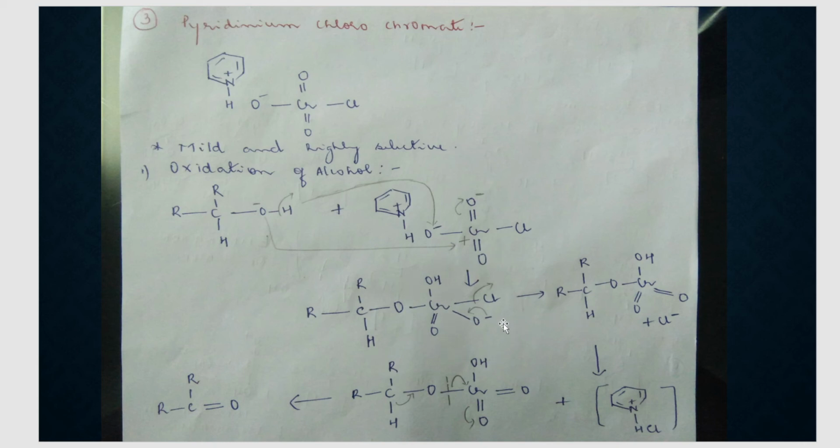Now what happens in this step? One bond, one Cl goes out as Cl minus from this chromium. One bond is broken and simultaneously one more bond is formed. Like oxygen here has O minus, correct? That forms a pi bond here between chromium and oxygen. So chromium won't get any charge on itself because one bond is broken, simultaneously one more bond is formed. So this is the next intermediate that we get.